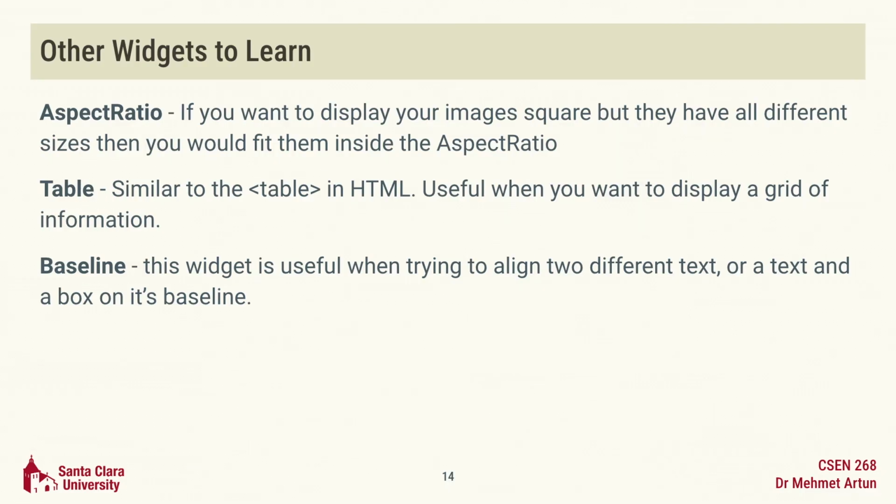So if you have a text that's, for example, Mehmet, right? The baseline and the bottom of the text widget are the same. But if you want to say Jing Jing, right? The baseline and the bottom of the text is not the same because the G is going below the baseline, okay? But if you want to have two text widgets and you want to align them on the baseline, then you want to employ something with this baseline widget, which is a topic,